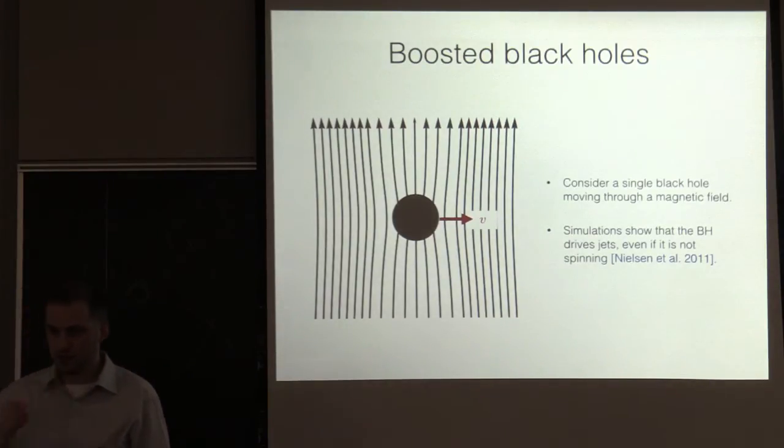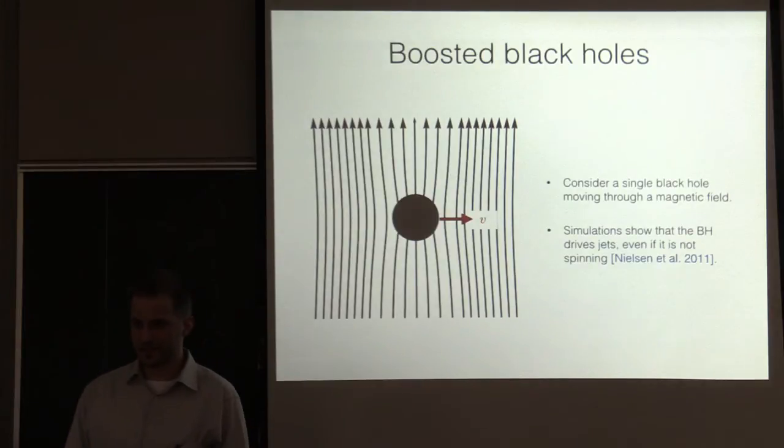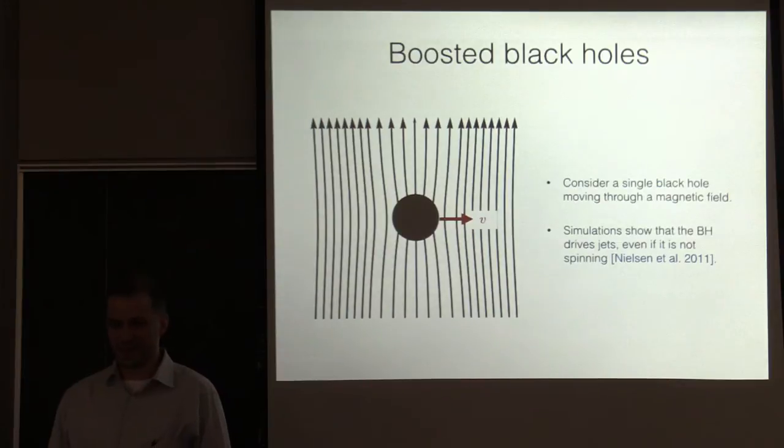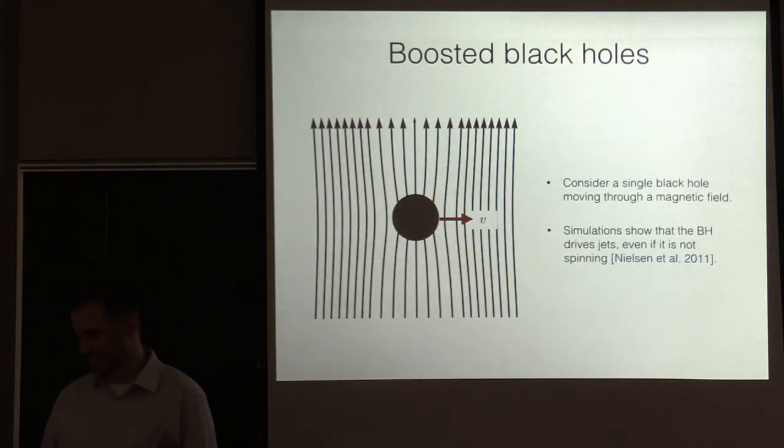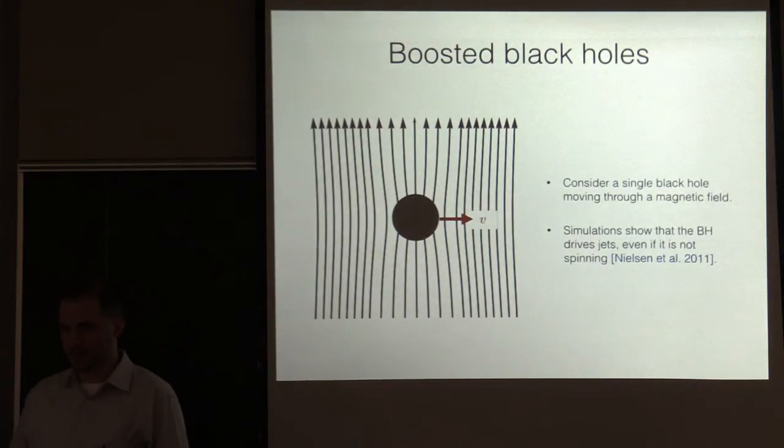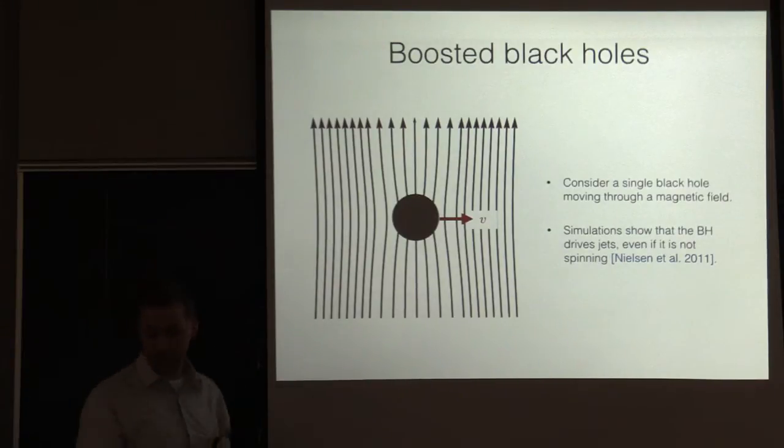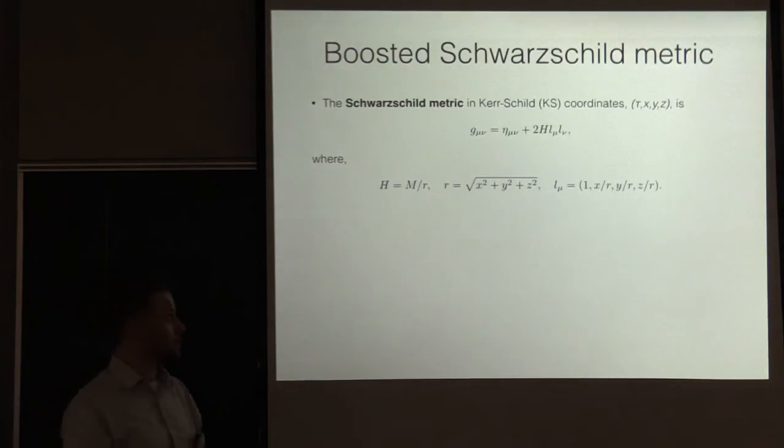So if you did that with a conductive ball, there'd be eddy currents. Yeah, you're jumping ahead actually. That's the membrane paradigm analogy type thinking, but I'll mention that in the end. Okay, so this problem is nice because you can tackle it analytically. The simplest thing you can do is just start with a Schwarzschild black hole.